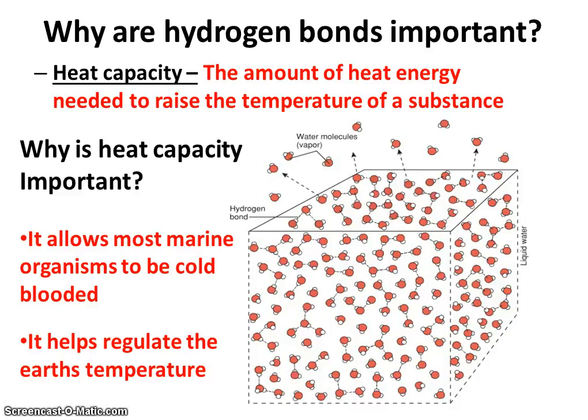What's even more wacky, and you probably haven't noticed this because you don't go to the beach during the winter, but if you go to the beach during the winter, then the oceans are actually warmer than the air around them, and they're actually heating up the air around them. Water's ability to hydrogen bond causes it to have a high heat capacity, to heat up or cool down very, very slowly, which allows life in the oceans to be cold-blooded, and it also allows Earth's temperature to be regulated.